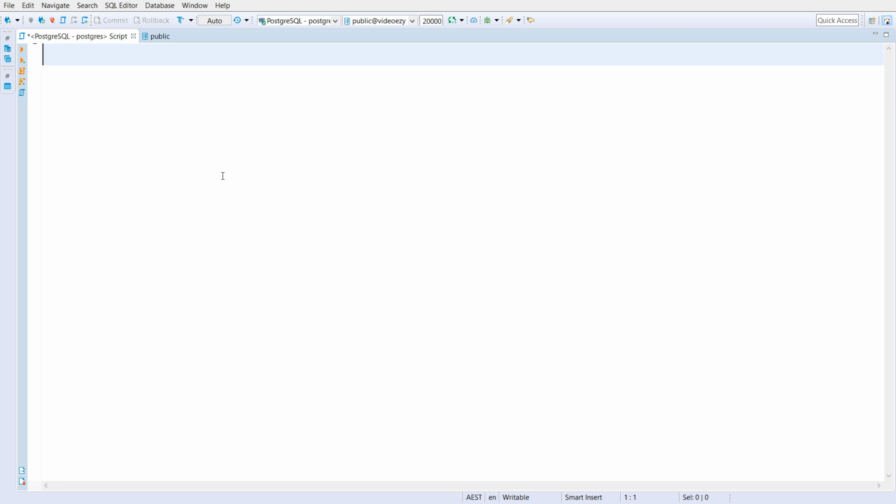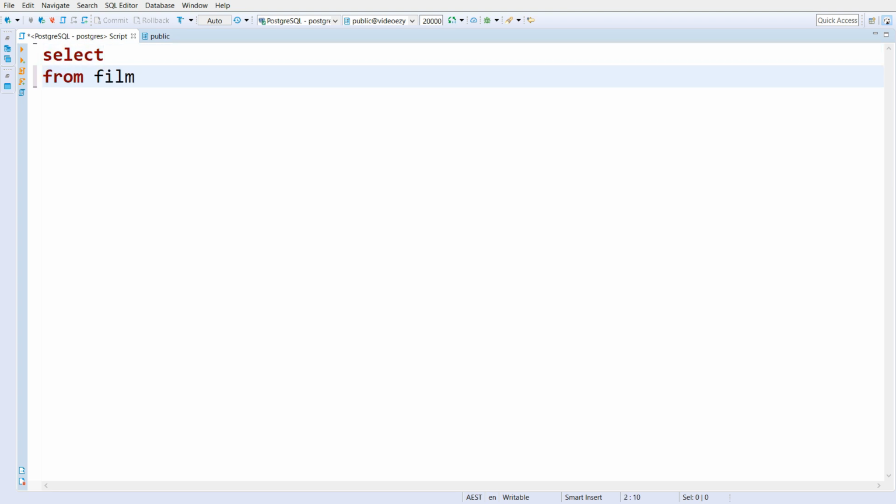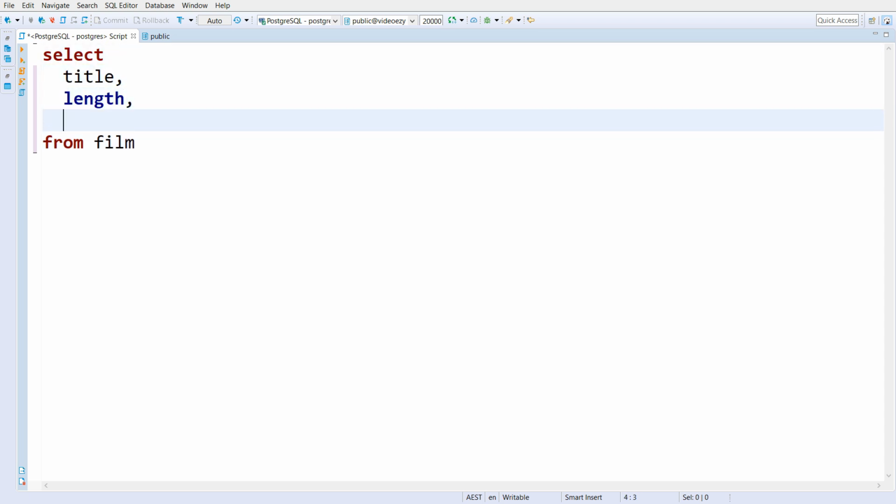I'll demonstrate these 3 ranking window functions by looking at the film table. So we'll start by selecting from film. And for each film, we want to select the title, the length, and I'm now going to introduce the 3 different functions. The first one is called row number. So row number is a function that will operate over, and then in parentheses now, we have the opportunity to